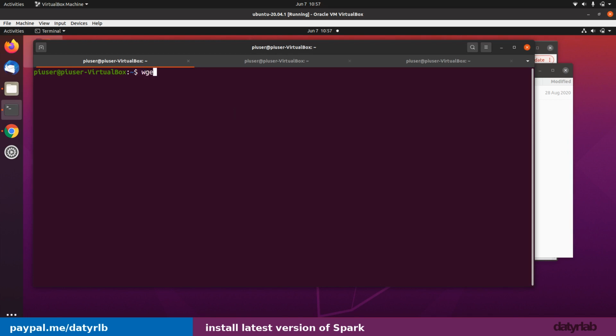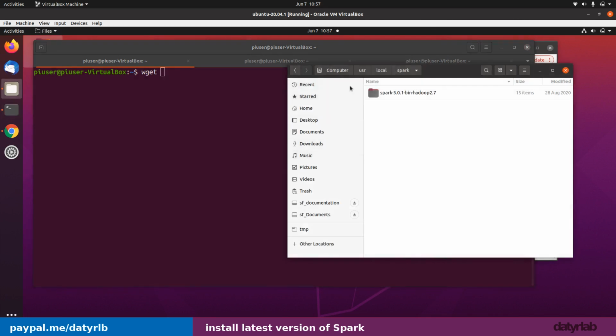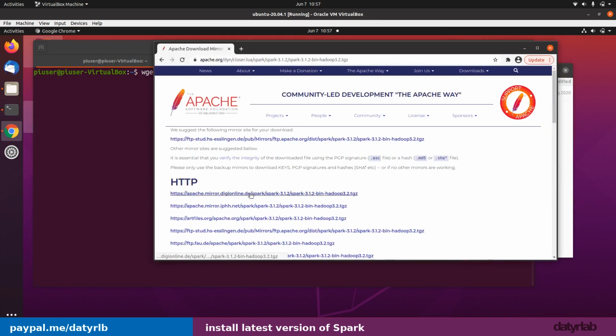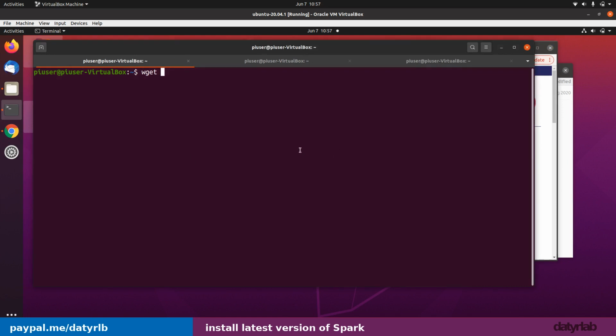Alright, so I'm going to do a wget, and the address. If I just click on download Spark, it's going to take me to a mirror. So I can just click on the first one. If I say copy link address, I can do a wget, and then I can copy that address, and then the location where I want to put it is going to be